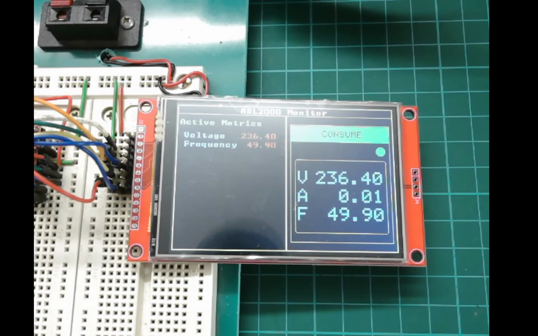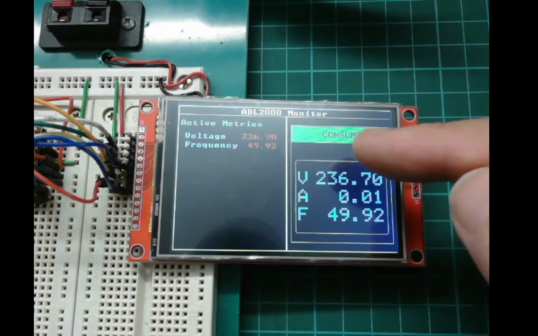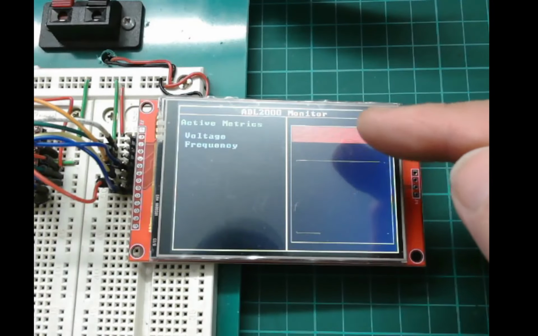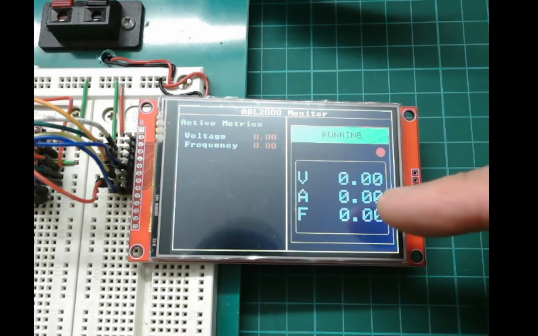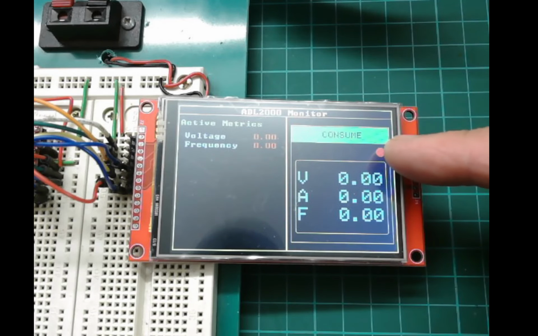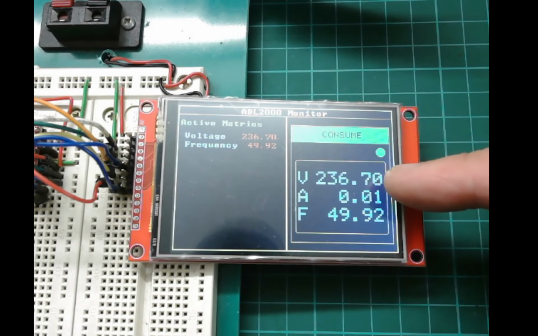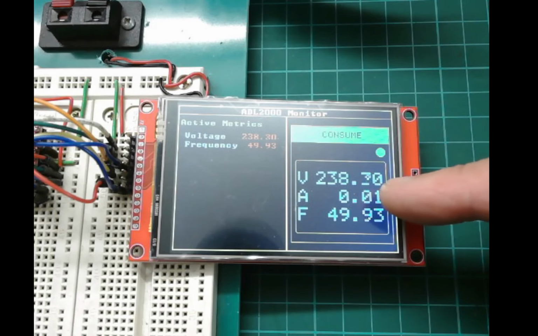And I'll just show you. The interface on the GLCD is quite simple. If I just reset the microcontroller, it just updates things. This is all done from software. This is the voltage. It's just synchronizing up. The red light is, there you go, it's gone green now. 236.7, 0.1 amps,